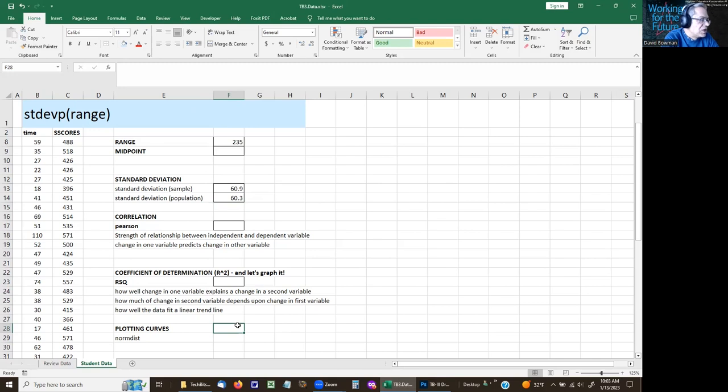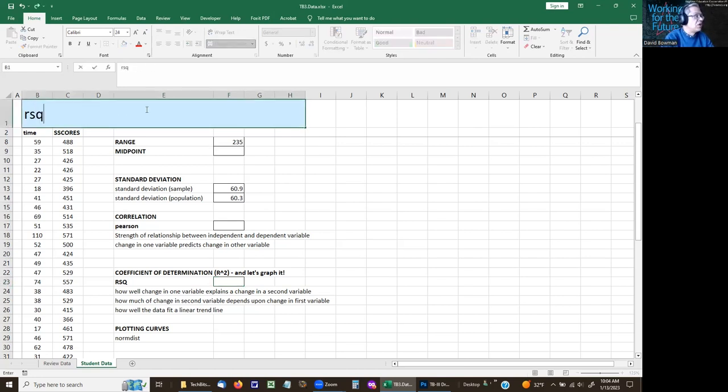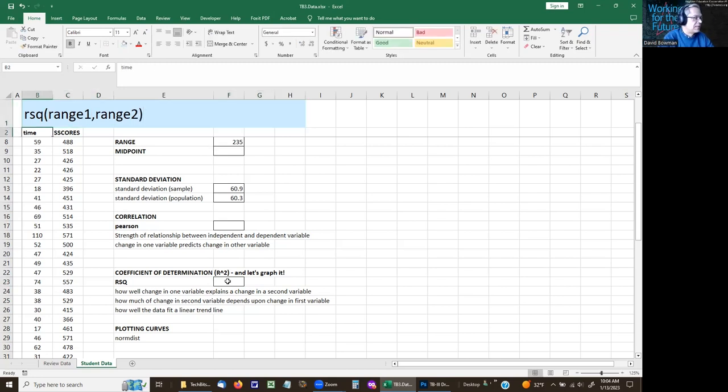Correlation coefficient, I'm going to skip correlation. I will say, however, I'm not going to go into the stats, but if you need your R squared value, which is basically how well your data fit a trend line, how strongly one variable affects a change in another variable, you can just do it as RSQ and then the two ranges, range 1, which is one variable, range 2, which is the other variable. So in this case,